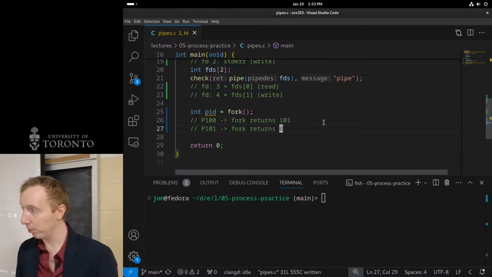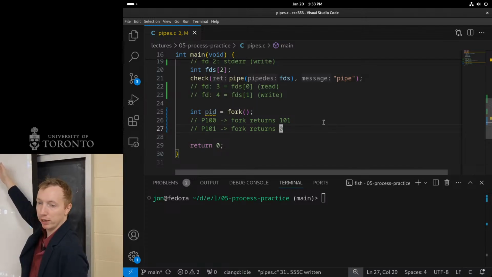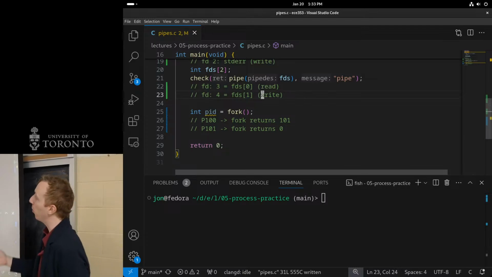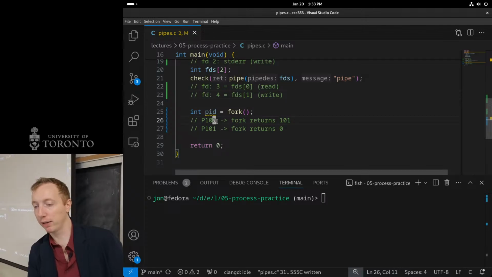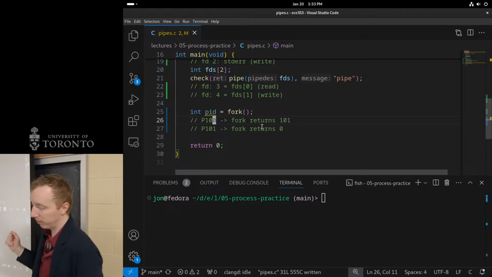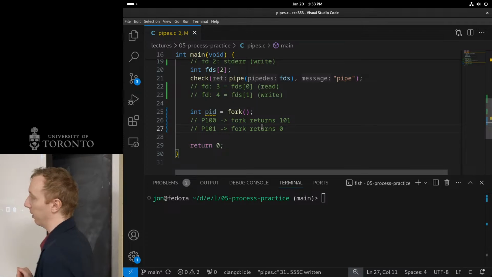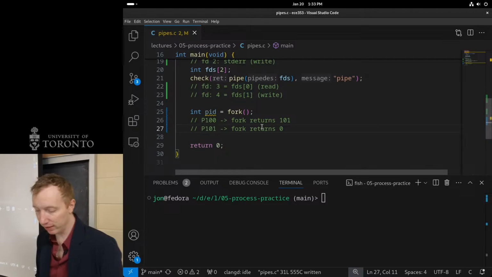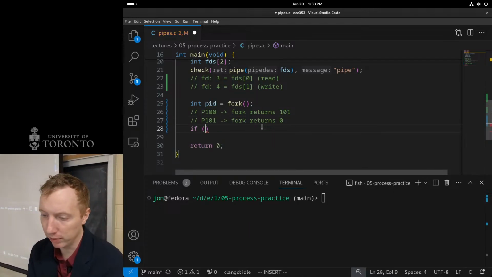So both process 100 and 101 will also have file descriptor 3 and 4 open, and they'll both have the array, and they'll be set to that. And basically, a file descriptor points to a file. So they'll both be pointing to the same thing. So in process 100, it has file descriptor 3 that points to the read end of the pipe, and same with process 101, it has file descriptor 3 that points to the same read end of the pipe. So if I want to communicate between 2 processes, what I could do is something like, let's say if I am the